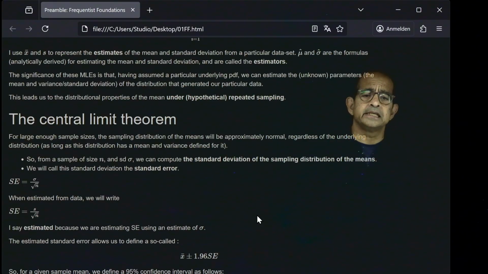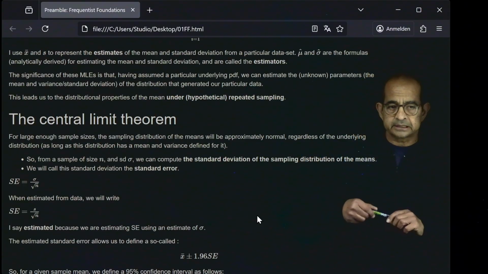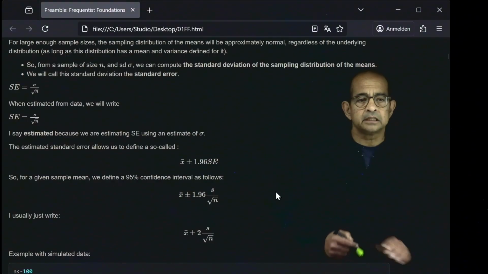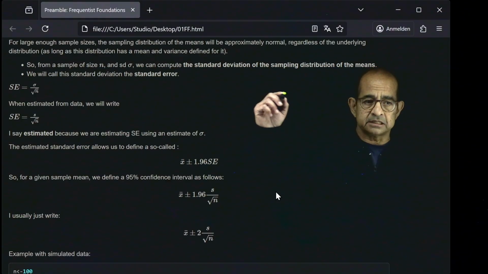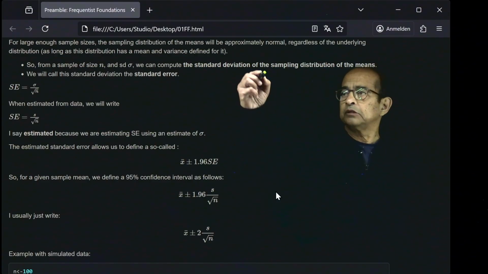The central limit theorem states that if the data are coming from some particular distribution with some particular mean and standard deviation, as in the example I'm using here, and if the sample size is large enough, then if you were to repeatedly compute the sample mean by repeatedly collecting data from the same population, and calculating the sample mean each time, then the distribution of the sample means under this kind of repeated sampling would be guaranteed to be normal, and it would have the form